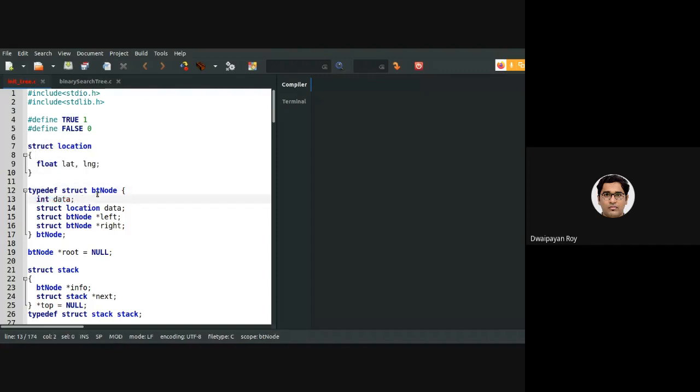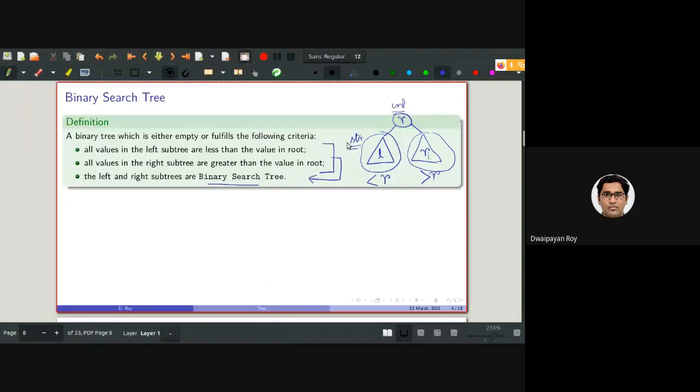For the time being we are using a primitive type of data, that is integer, so we can avoid it. It's pretty easy. You can, of course, write it on your own to do some kind of comparison operation when the data are not actually of primitive data type. Of course, you are absolutely correct. If there is no primitive way of comparing the individual data, we need to implement them on our own.